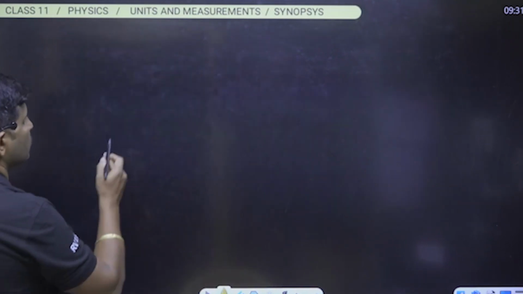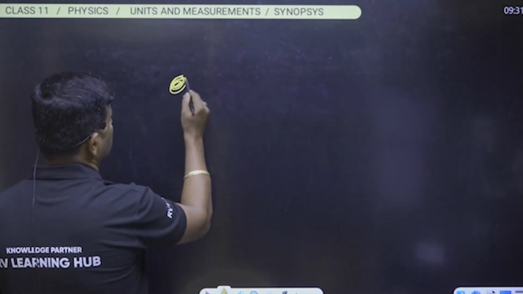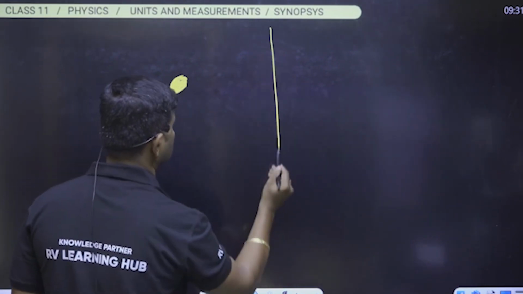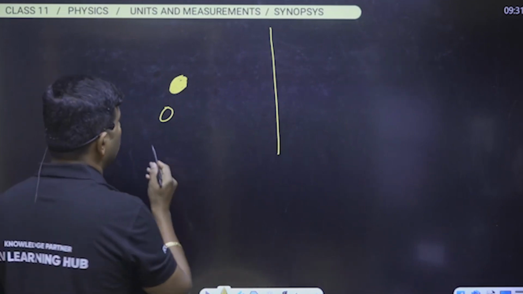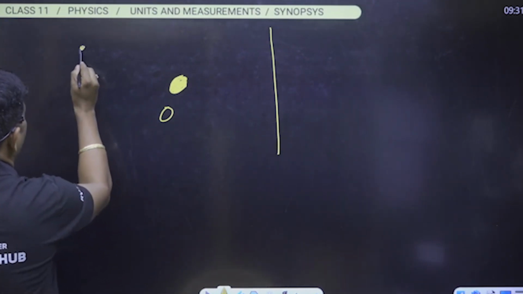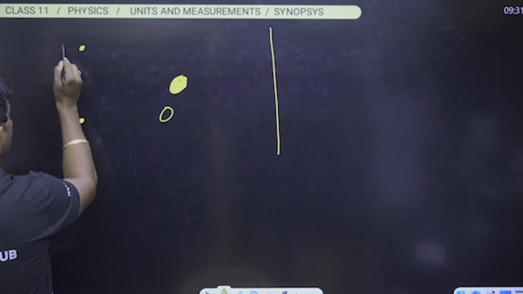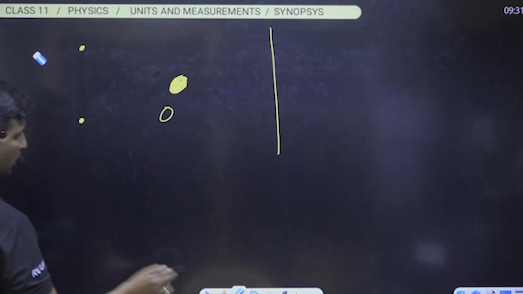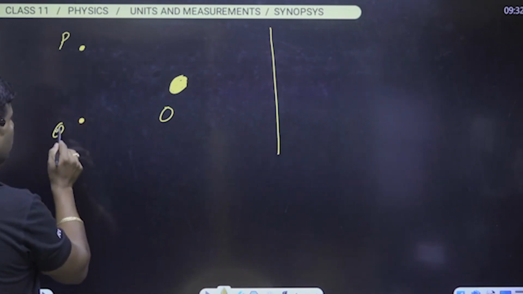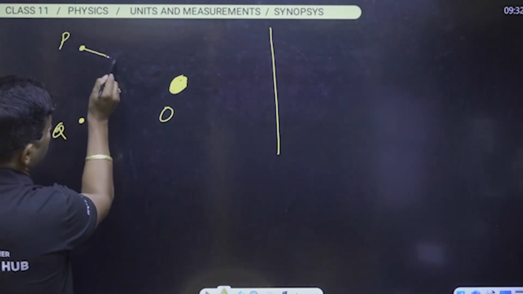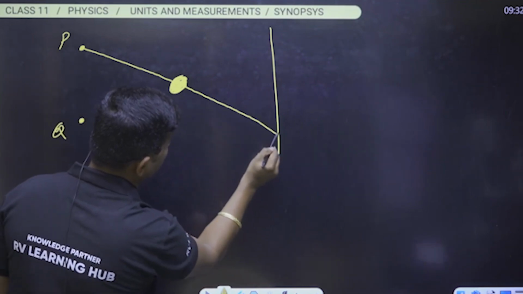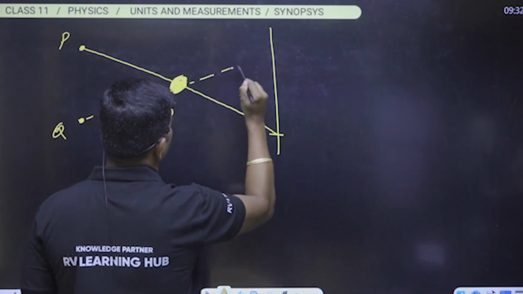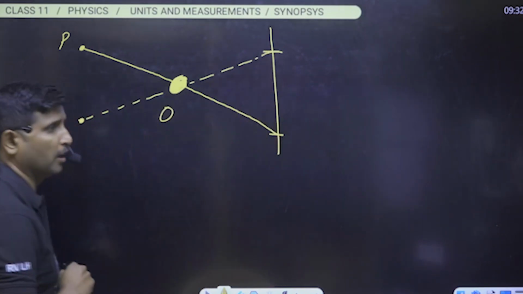Is it right? So see here, let us say this is an object, denoted by the symbol O, and let us say this is a background. We have observed this object from the 2 points. Let us say this is A and this is B. Otherwise, I will use the symbols P and Q. So whenever I observe this object from the point P, it appears to be somewhere here. And whenever you observe the object O from the point Q, it appears somewhere here. Is it right or not?